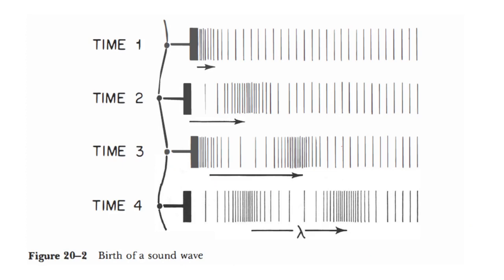Second, how is a sound wave generated? A sound wave is a longitudinal wave. Sound waves are transmitted in liquids as a longitudinal wave. So what does this longitudinal wave mean? Longitudinal wave means